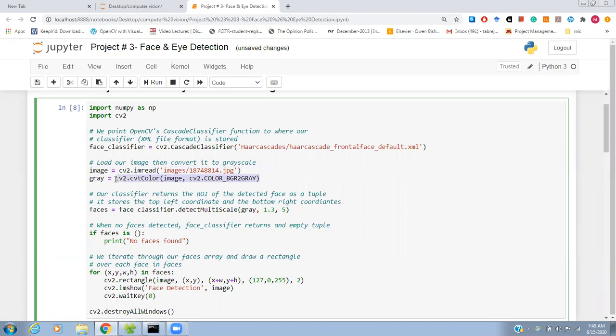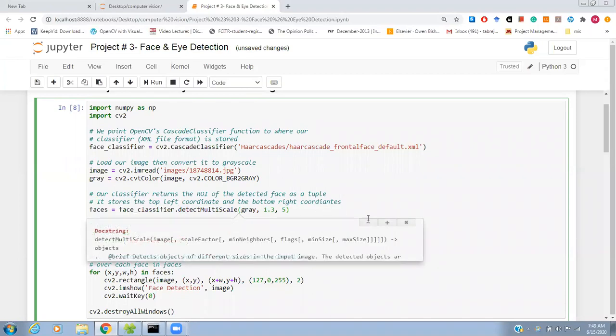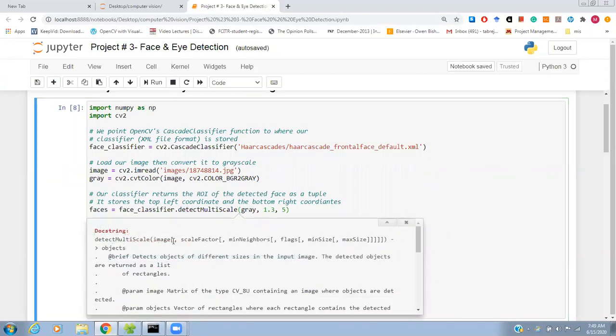Then we convert that image into a grayscale image. After that, we use our classifier to return the ROI of the detected face as a tuple. It stores the top left coordinate and bottom right coordinate. If you see, this is the detectMultiScale function of the face classifier. If you look at the function definition, there is a scaleFactor and there is minNeighbors.